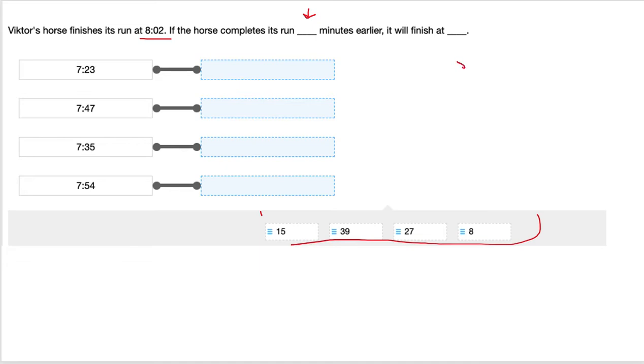So 15 minutes before 8:02 means we have to go back an hour too. So it is going to go back before an hour. So if we subtract 15 minutes from 8:02, what are we going to get? This one's a little trickier. So if we go back 2 minutes, it'll be 8 o'clock. So we can subtract 2 minutes already and make it 8 o'clock. But in order to do that, when we want to borrow or regroup from 8 hours, we're going to make it